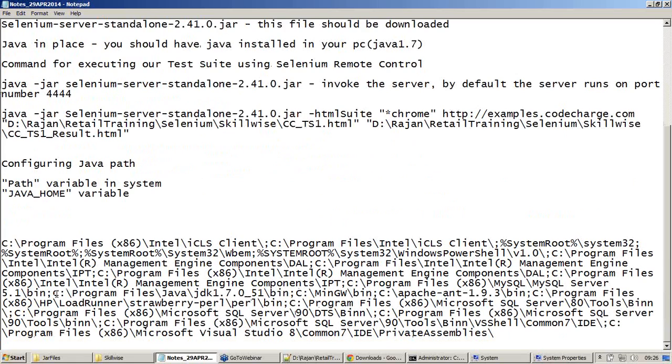I'm just marking the Java bin directory. See this? You should type something like this. Wherever your Java JDK is installed, you should have the bin directory located. Copy and paste it in the path variable like this. I hope you understand. You should try it. This is how you add something. Whenever you need to add something, you should put a semicolon and then add the variable.